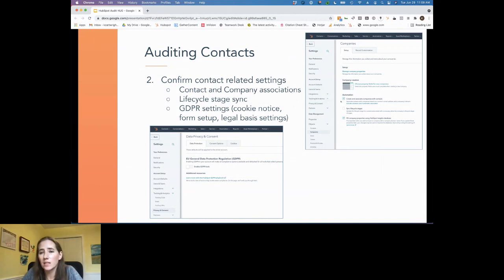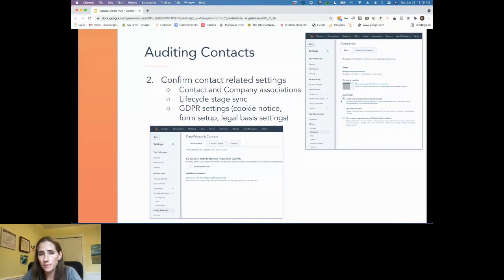These settings basically say that anytime a contact is created, associate them with a company. If their company doesn't exist yet in HubSpot, create it. The lifecycle stage sync updates the lifecycle stage automatically between companies and contacts. So if your company is set to become a customer, all of the contacts associated with that company then also